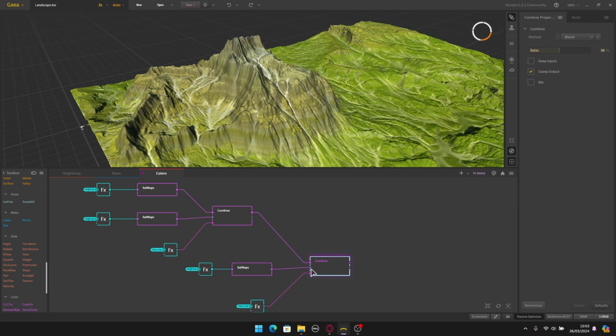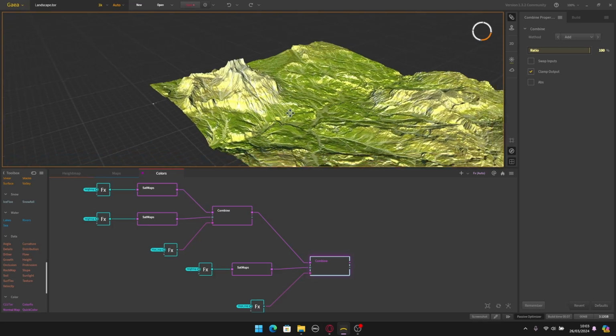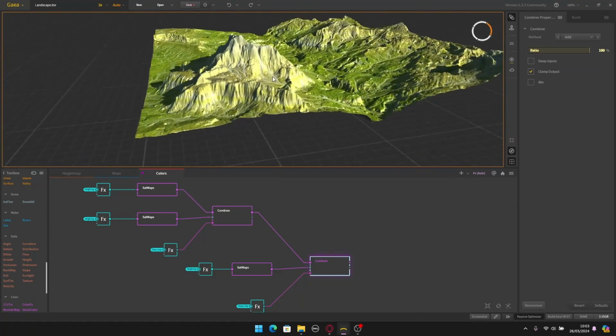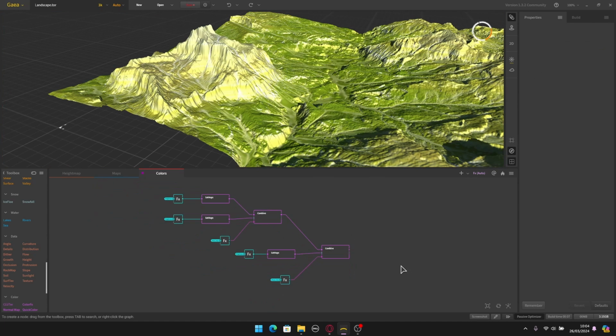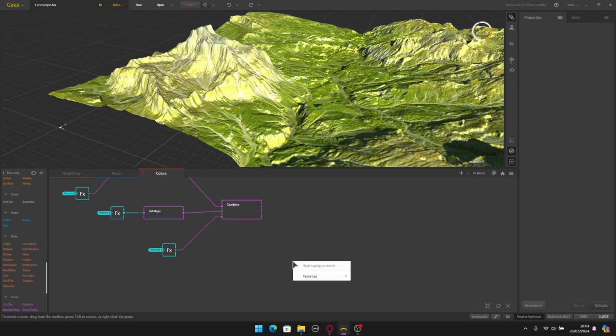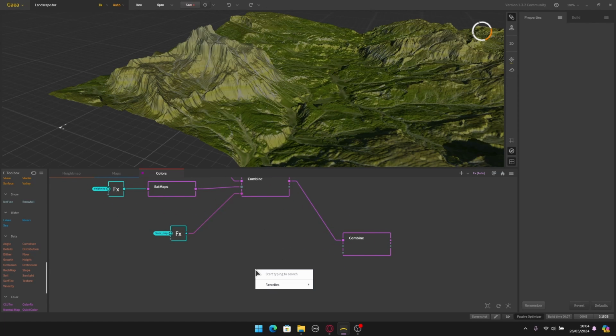So let's just change this from blend to add, and let's type 100% ratio here. There we go. As you can see, now we have these slope colors on the parts that we have slope. So now we only need to add this node. So to do this, let's again add a new combine node. There we go. Let's connect this on the first input, and the second input, let's again connect a set map